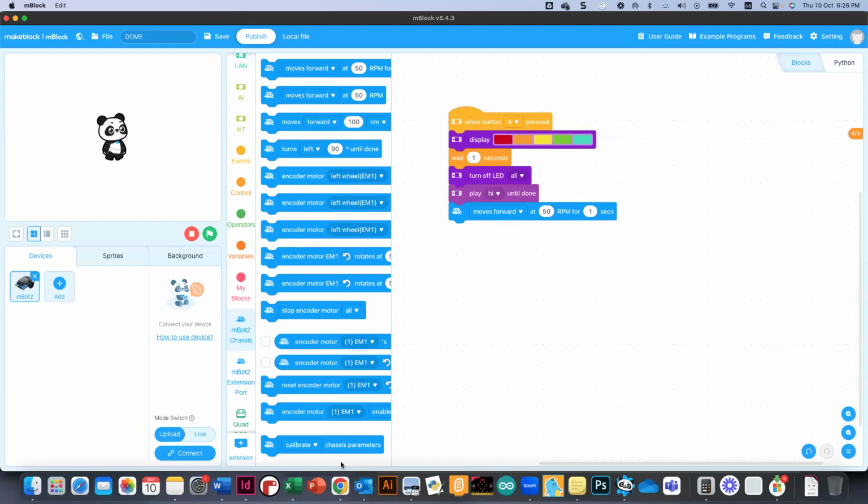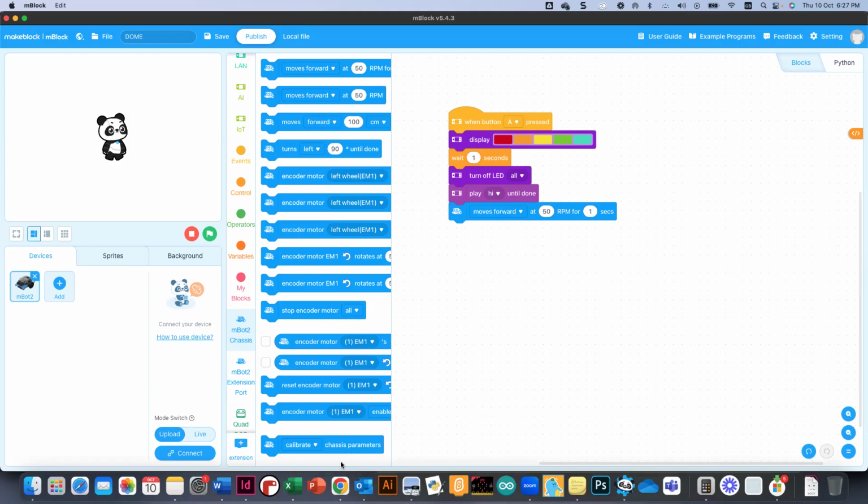The moment you are aware of how to connect your robot and upload your program, it will be an easy task for you, because creating missions will be fun, since it's almost the same as Scratch. Now let me show you, for example, a simple mission on how my robot will stop in case it faces